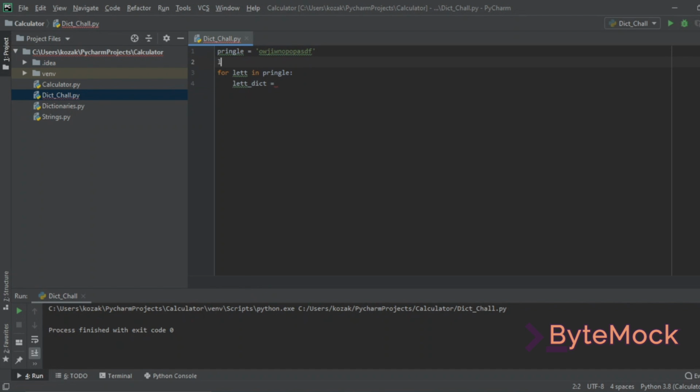Why don't you just start it off with an empty dictionary? Do you remember what the syntax looks like with the curly brackets? It's curly brackets, empty. Yeah. Yep, so that's empty now. Okay. So now